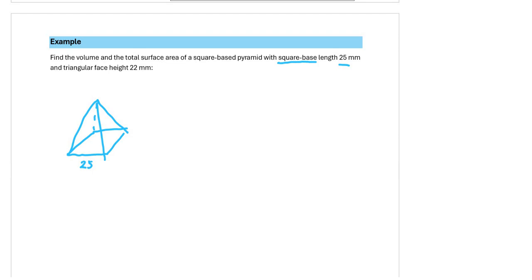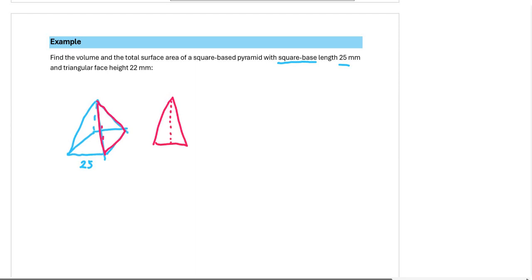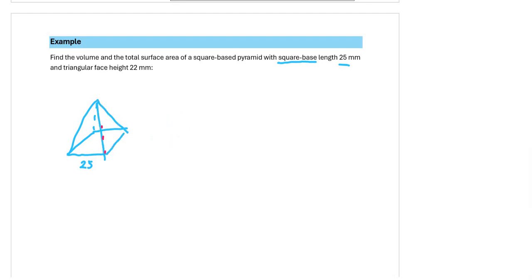So if you can imagine one of these triangles here, I'll just draw it here. The face height we're talking about is right here. So it's this length right here. Actually, I might get rid of all this. Getting a bit messy. Meaning it's just here, and that's 22. Just right here, 22. Now to find the volume of any pyramid, what we need to do is 1/3 times